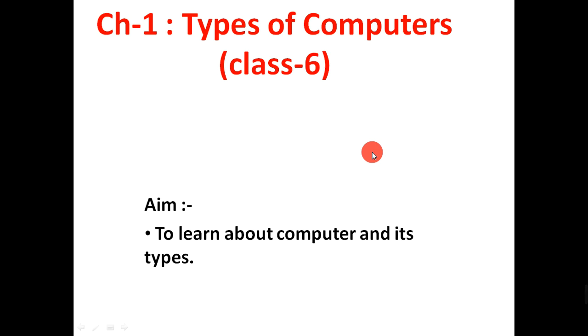You all know that computer is an electronic device. It means it operates on very less amount of electricity. Early days computers were very large in size and they consume very huge amount of electricity. But nowadays we have computers in very small sizes and they are very powerful also. So what are the different types of computers on basis of their sizes and their performance?